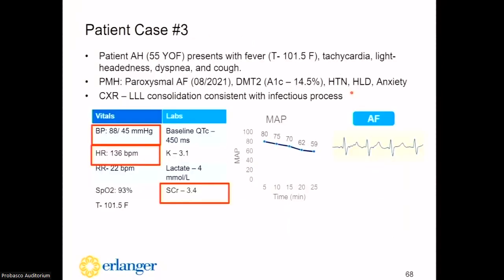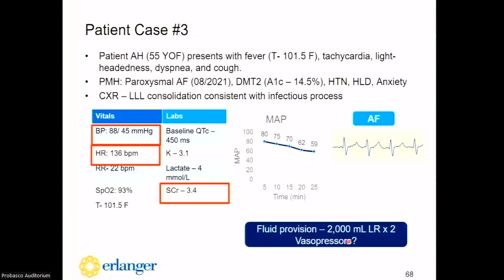So back to patient AH, we see that she's had a drop in her blood pressure. She also is still continuing to have this persistent heart rate of 136. We're also seeing some potential end organ damage. Her MAP is also dropping at this point in time pretty quickly, and she remains in atrial fibrillation. So we've provided adequate fluid resuscitation, and now we're considering starting a vasopressor,